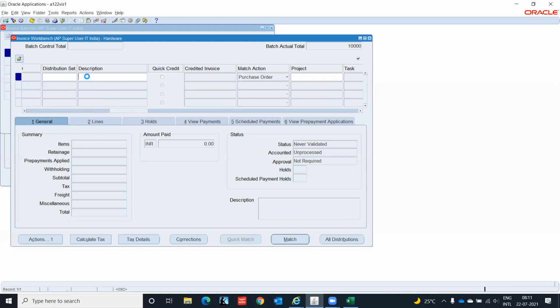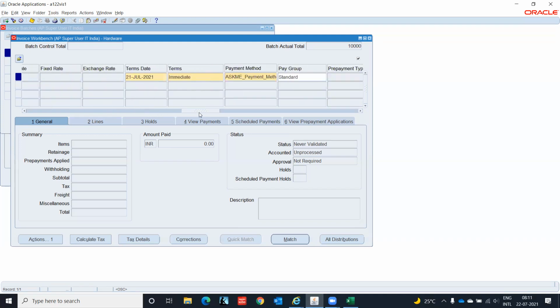Very well, you can provide the description over here. Description like hardware purchase. Okay. Then projects, etc., etc. Terms date 21st. I have to pay immediately. Payment method by default is showing here.